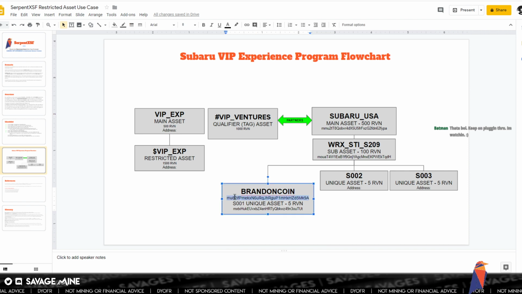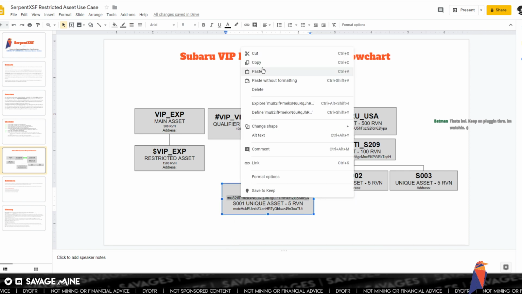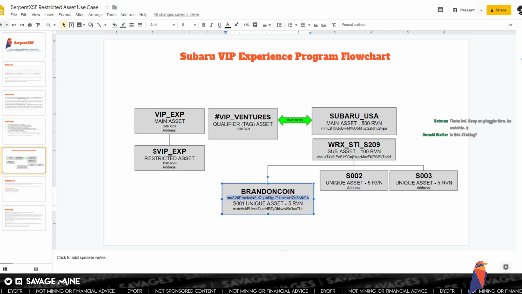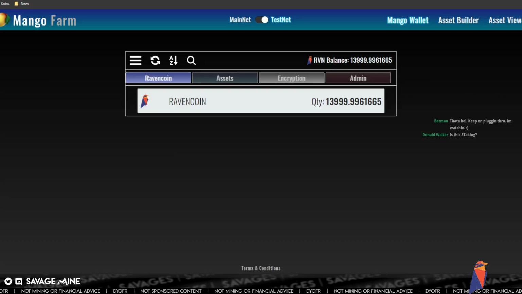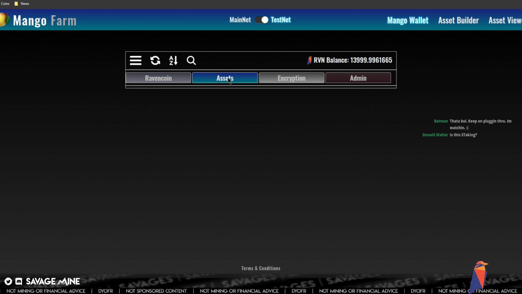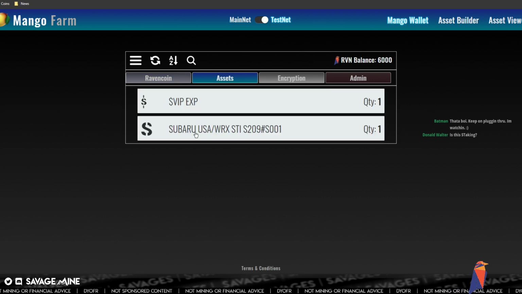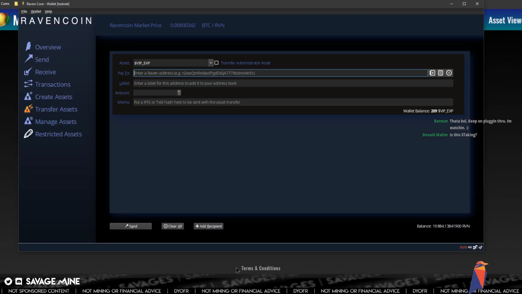So let's send RAVENCOIN some more of the restricted assets, because right now RAVENCOIN only has one, right? So he needs to have 11 more if he's going to do 12, one per month for a year. So it's a year subscription, you get 12, boom, off you go. So let's go ahead and give him 11 more.